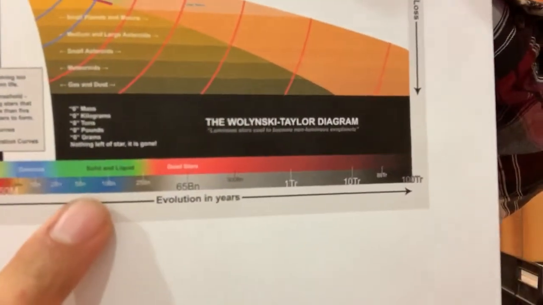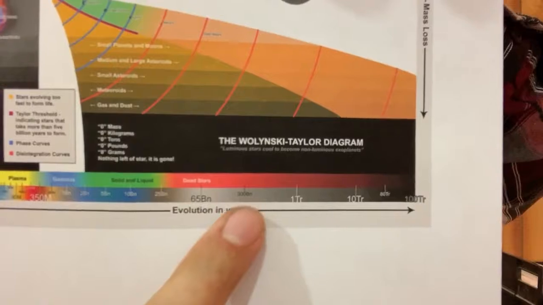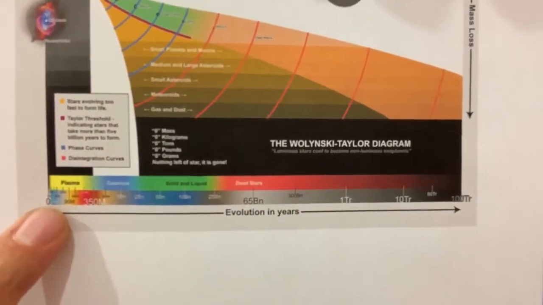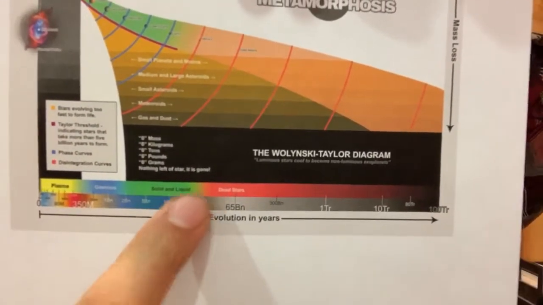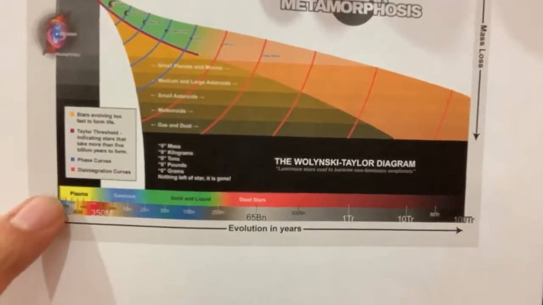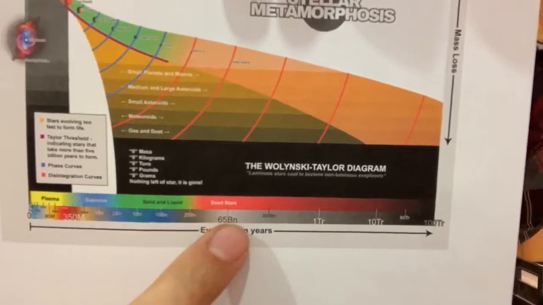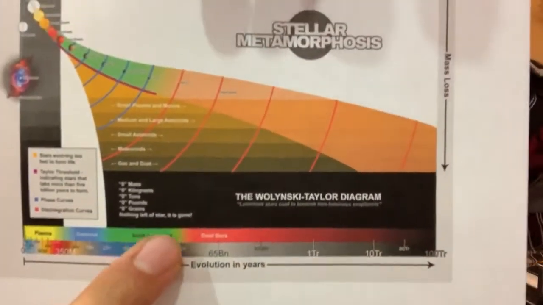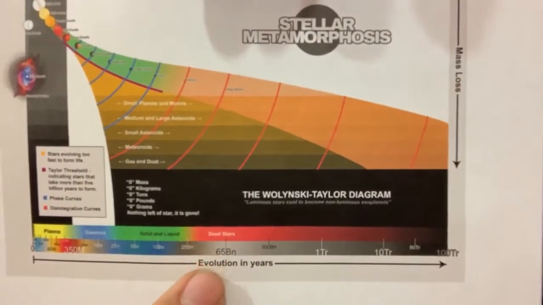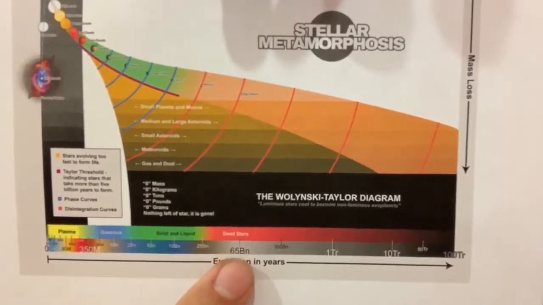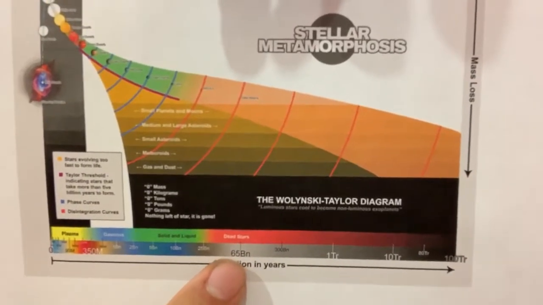And notice this is an exponential growth in years. So it isn't a million years, 2 million years, 3 million years, 4 million years, 5 million years. It's a million, and then 150 million, and then a billion, and then 65 billion. Also keep in mind that this graph has 65 billion on it. Okay?